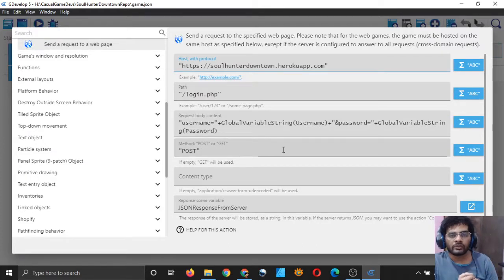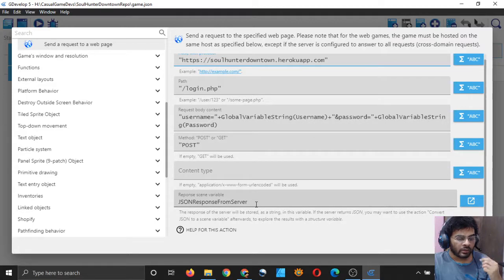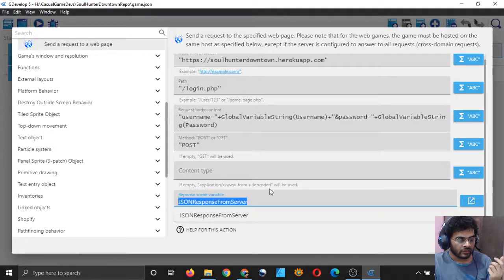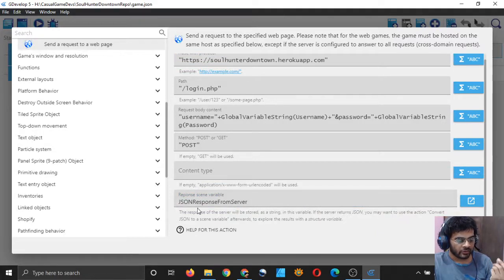And in our web server we have actually implemented this, that our web server will return some JSON data to the client, that is to the program which sent it the request. So we are storing that received data in this scene variable, and this scene variable name is JSON response from server.